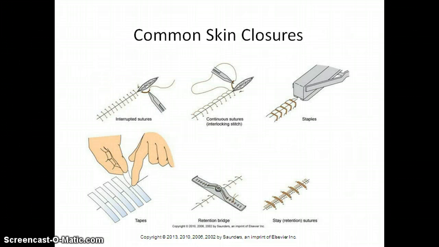Finally, we want to just discuss types of skin closures, and this is on page 282 of your IGGI book. And common skin closures, what you will see are interrupted sutures, continuous sutures, maybe staples, a retention bridge or maybe retention sutures, and then also tapes such as steri strips, things like that. So it's going to be important to look at these incisions, make sure they're free of any signs or symptoms of infection,